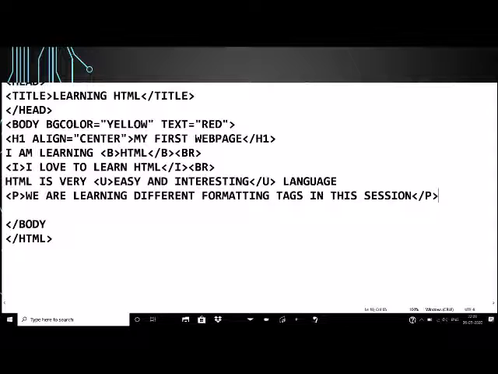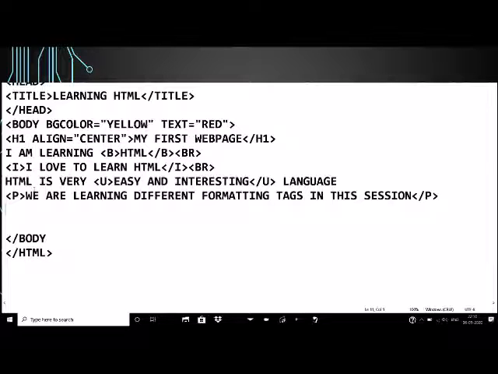Now we will be learning four more formatting tags, and those formatting tags are, first of all, subscript. The subscript tag, as we use in MS Word also, makes the text appear a little below the baseline in a smaller font, and this can be used for writing chemical equations.